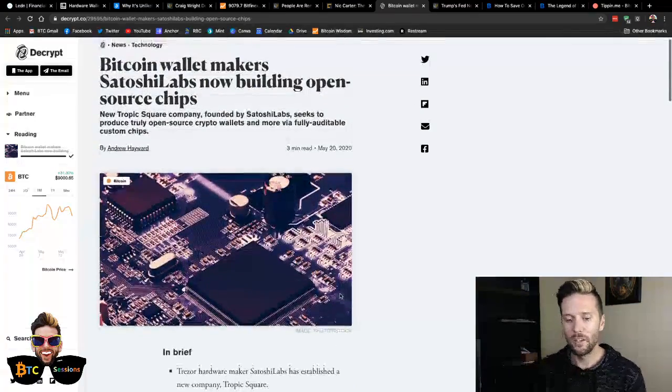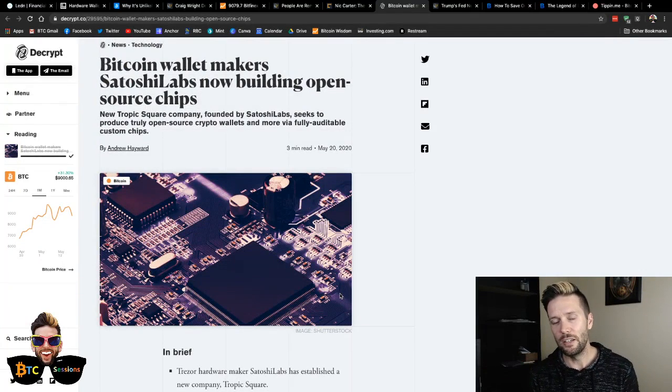But in constructing their hardware wallets, they did look at adding a secure element, a chip that secures certain data and is separate from the rest of the infrastructure of the hardware wallet, which is where your private key, the keys to your money, the keys to your Bitcoin would typically reside. But in trying to incorporate these, they found that a lot of this hardware infrastructure was closed source, and so they could get a chip that was manufactured in closed source and not really be able to audit it,